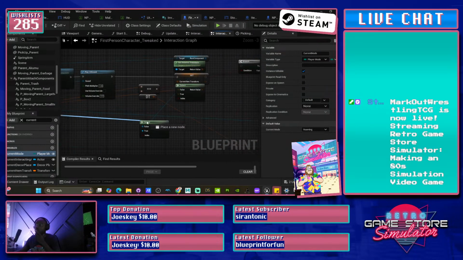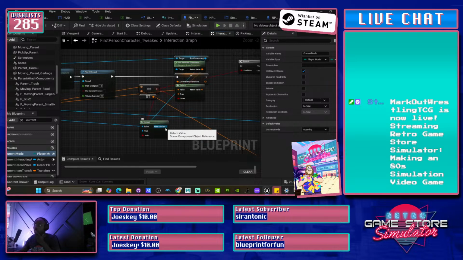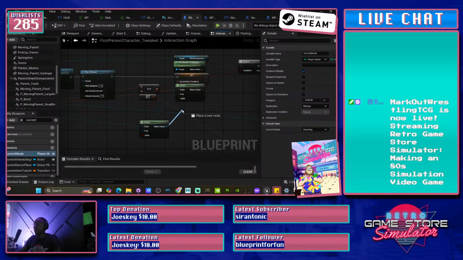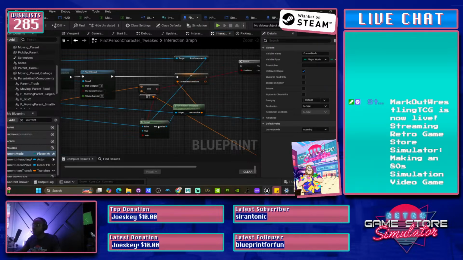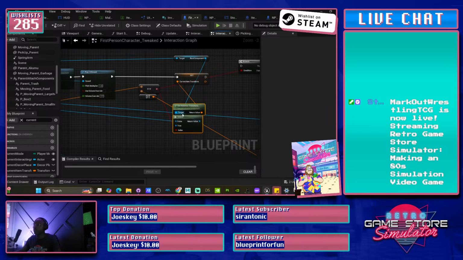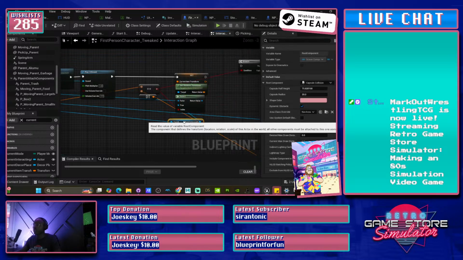If it's not, so if this is not 0, we'll do the mesh component. And then what we'll do is do a get relative transform, and then put the relative transform here. So that way it uses that, and then from there,